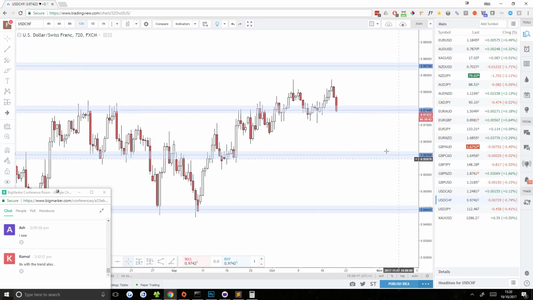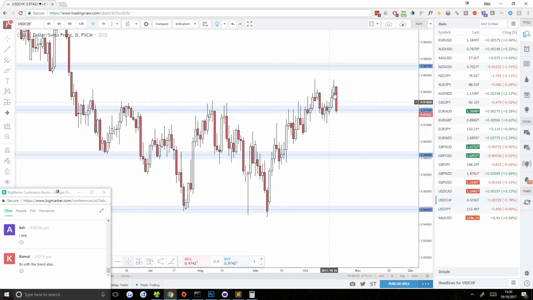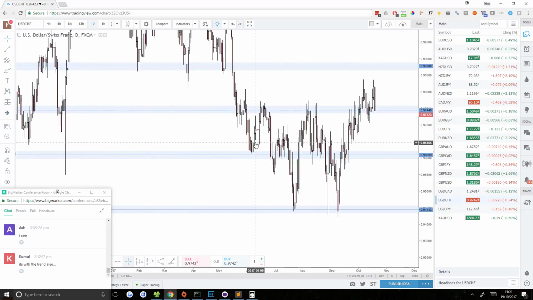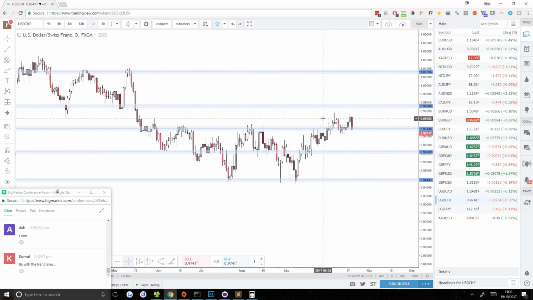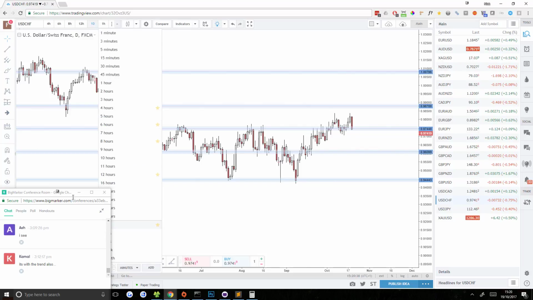USDCHF. Interesting. All right, what I like about USDCHF, I'm looking for a potential long trade here. It's trending up. I mean, arguably, it's hard when you have a trend like this where it's just really messy. So